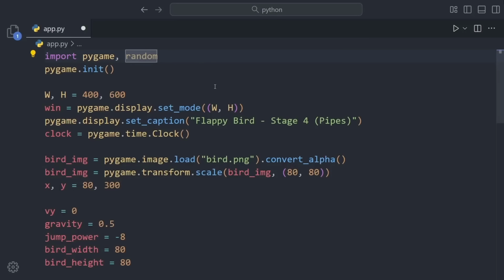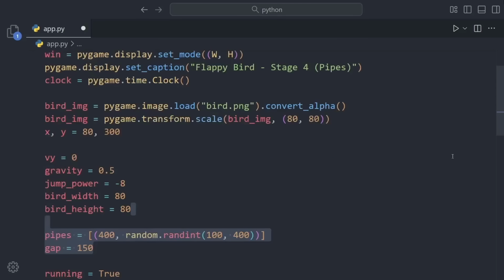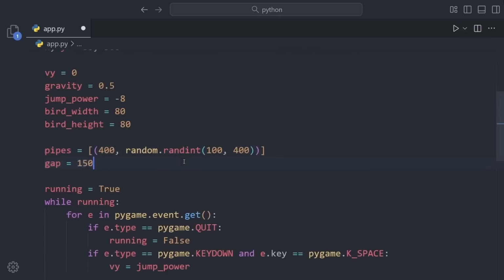This makes the game more interesting and unpredictable. To make the game challenging, we create a list of pipes with random heights. Each pipe has an X position and a Y position, where Y determines how tall the top part of the pipe is. We also set a gap between the top and bottom pipes so the bird has space to fly